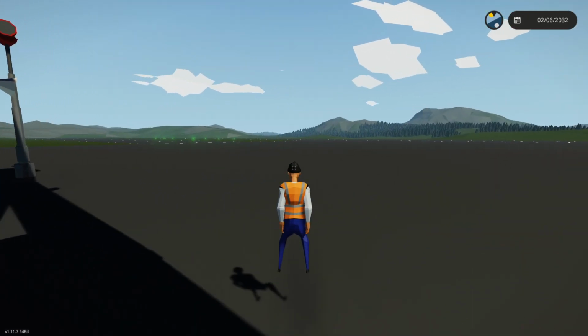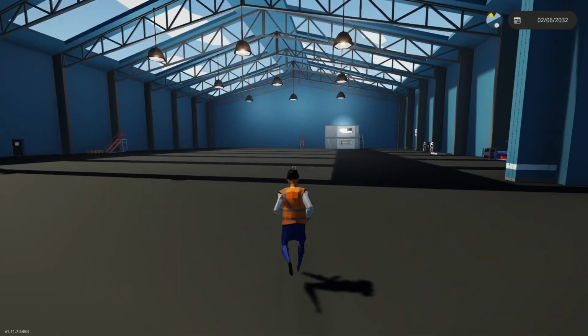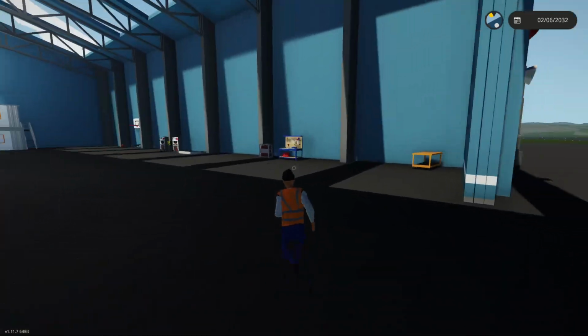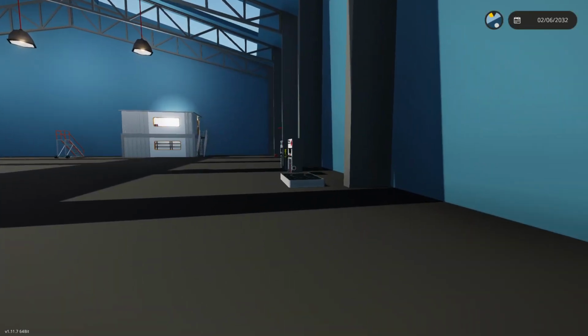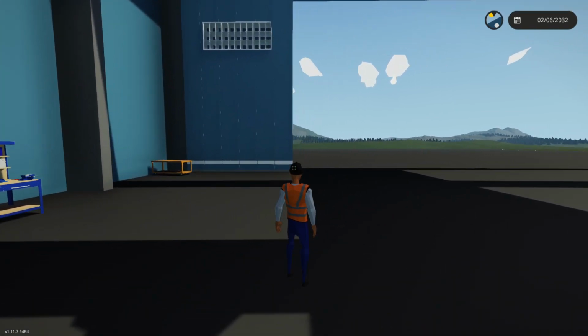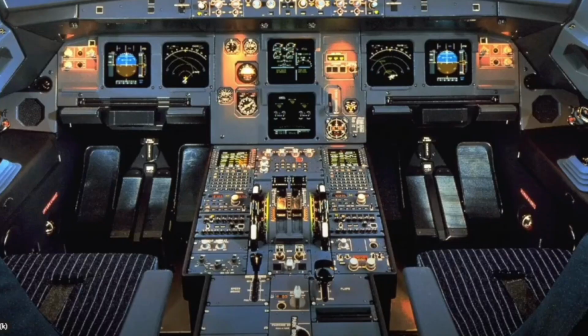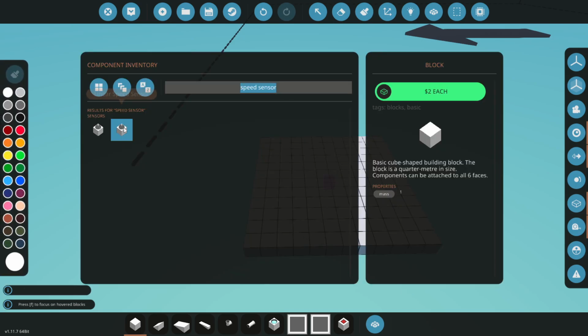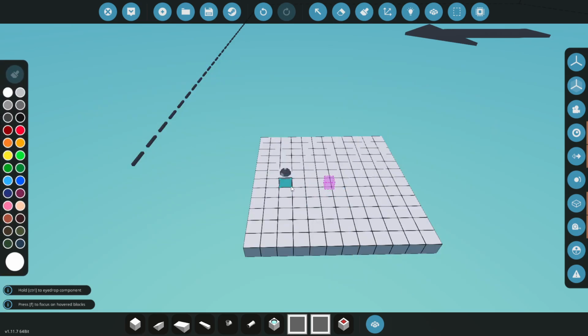In today's video I'm going to be showing you how to make a stall warning system for your airplane. So it's a tutorial. I'm going to be showing you how to make a sound that plays when your plane is stalling. So basically the first step is to get linear speed sensors and place one facing forwards and